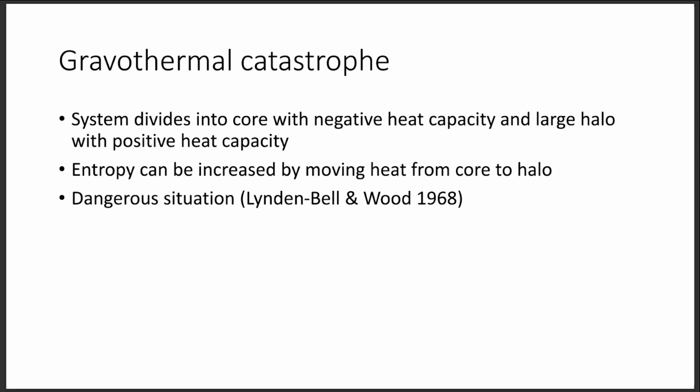You would find that, because these two systems, the core and the halo, are in thermal contact, heat will transfer from the shrinking core to the halo, and the core will shrink and the halo will grow without your doing anything. And the pressure on the walls will rise